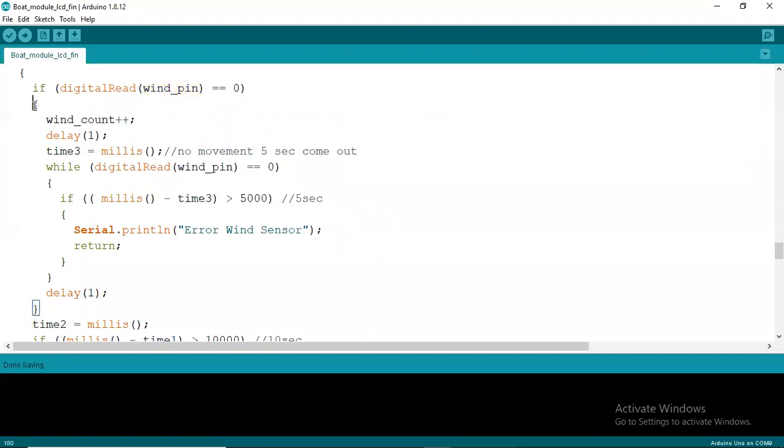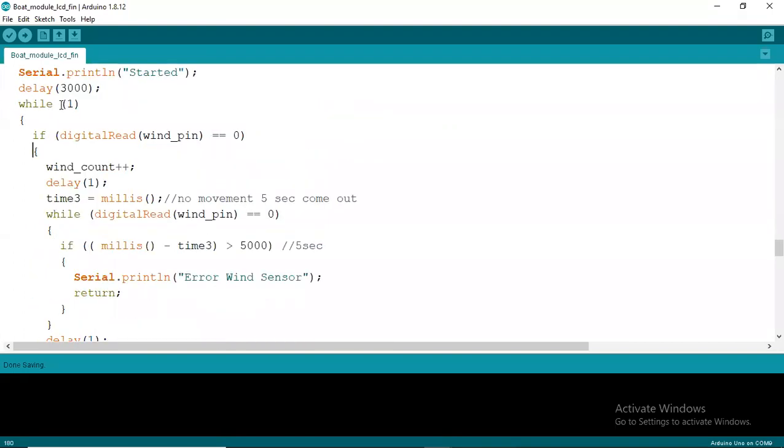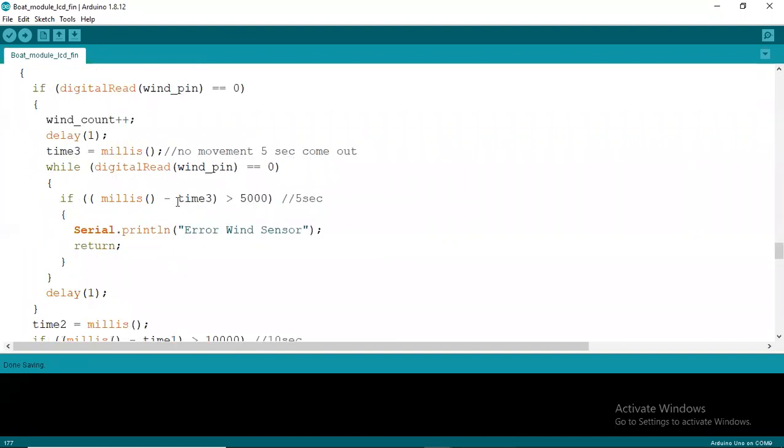and then time is running and nothing is happening, one more pulse is not coming, simply the fan is stuck there only. So what will happen? Because this is an infinite while loop, I'll be stuck forever. But I have run a timer 3 which measures for 5 seconds, 5000 milliseconds. It will show an error in the wind speed sensor because the wind speed sensor is not moving at all. I'll simply return. Otherwise, while the wind speed sensor is 0, I'll keep on looping, keep on looping.